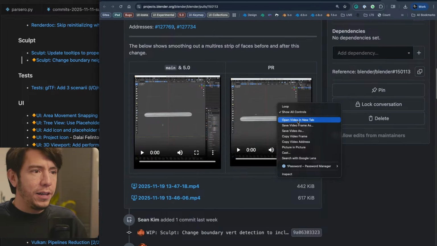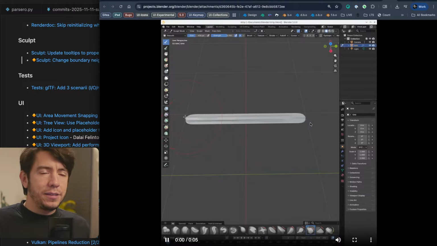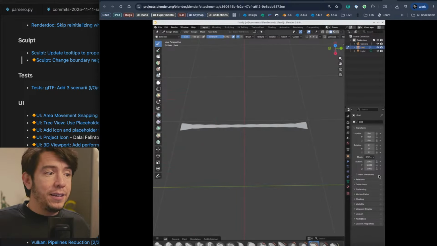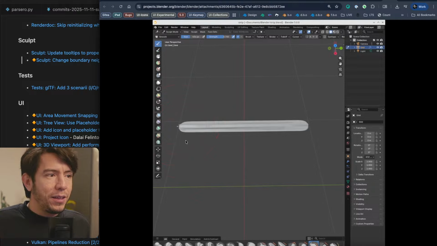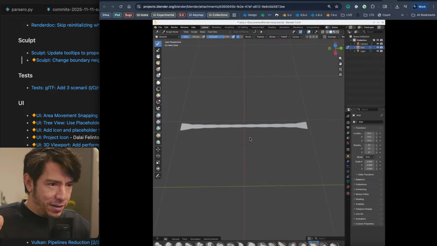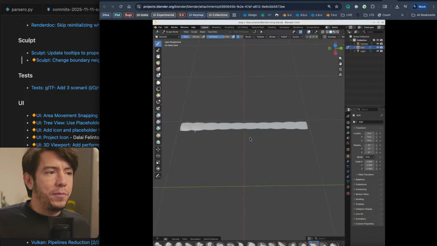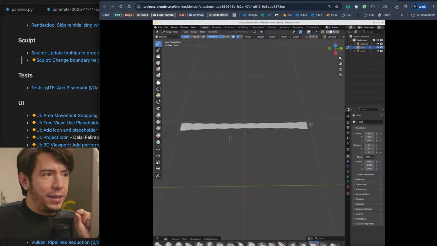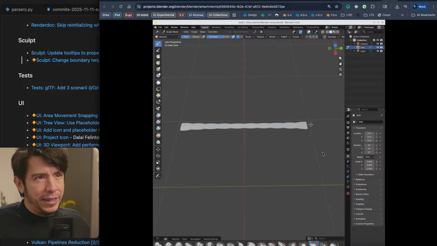So here, let's see. This is how it does it at the moment, or before the fix. As you can see, when you're making this smaller, like I think it's pinching, or similar. If you have the boundary masking option set, you would expect the outer parts to not be affected, right?